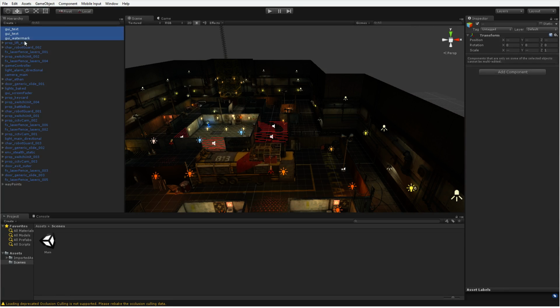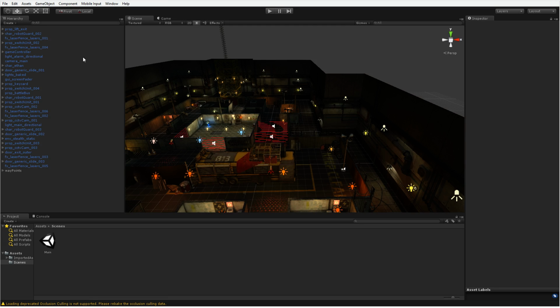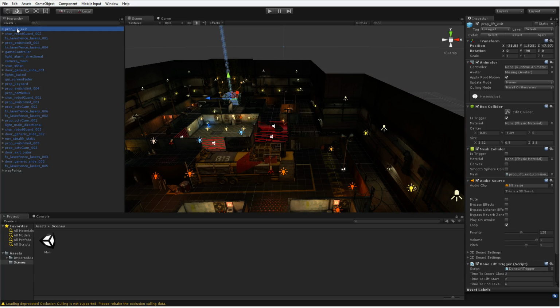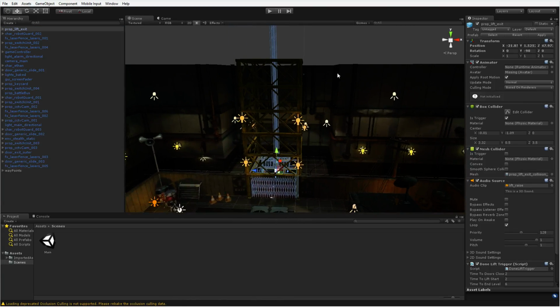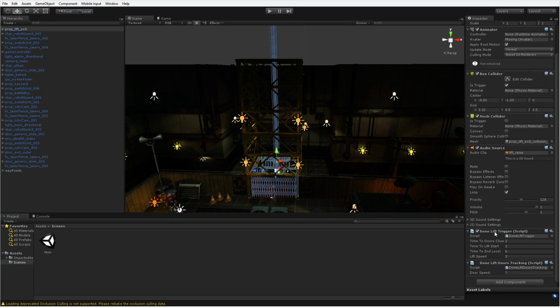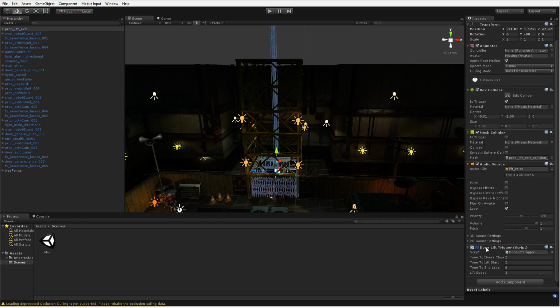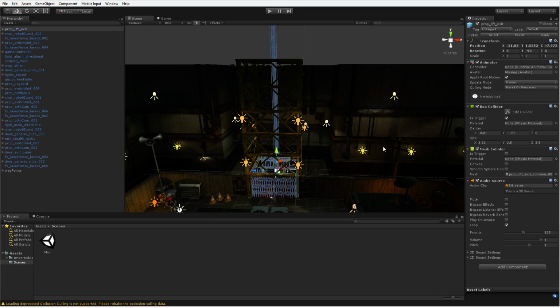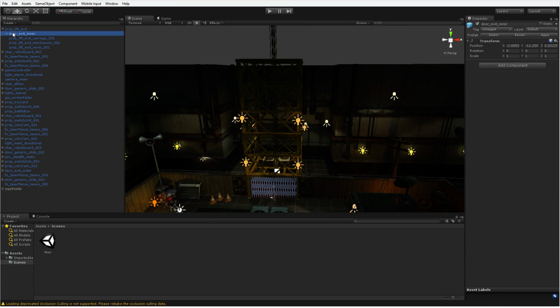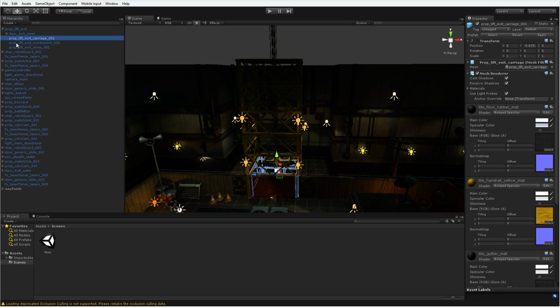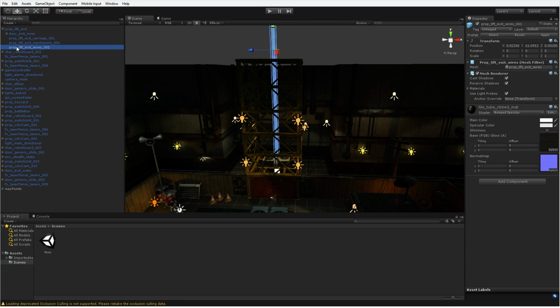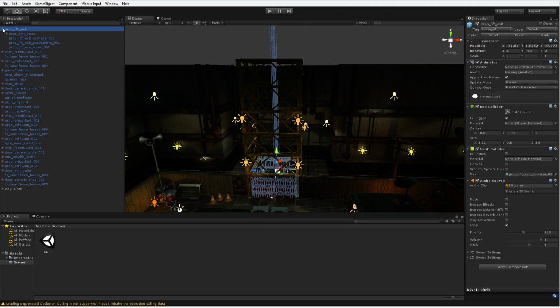So first off, these GUI texts and GUI watermarks, we can get rid of those because we're using 4.6, and so we have all new UI stuff anyway. Next, I'm going to look at this prop lift here, prop lift exit, and I'm just going to go down the row here. Basically, any scripts I can either remove or just disable. I'm just going to actually remove both of those. Goodbye, because I'm not interested in dealing with any of that stuff. And I got to look at some of the child elements too, to look for scripts and to look for anything that's going to protrude or act weird or whatever.